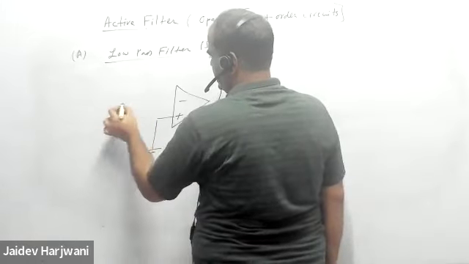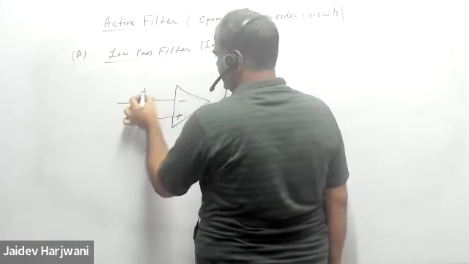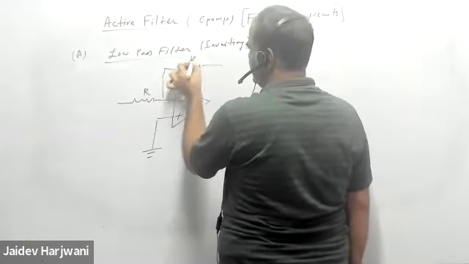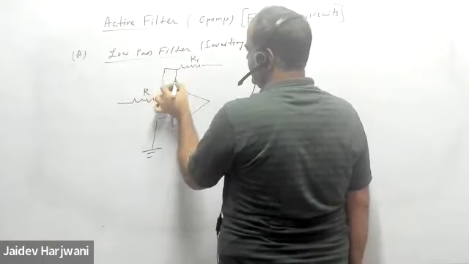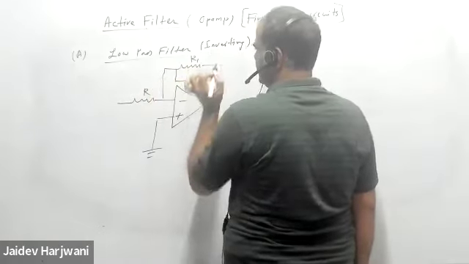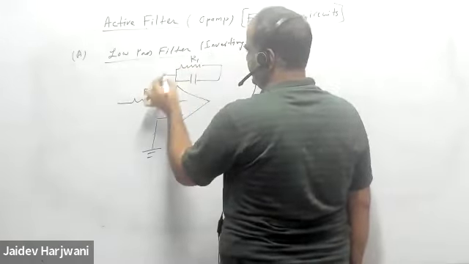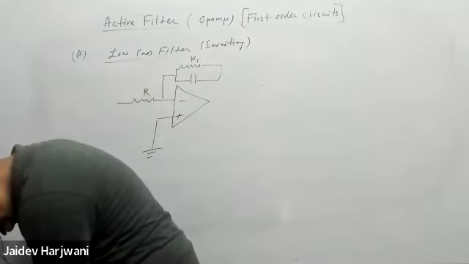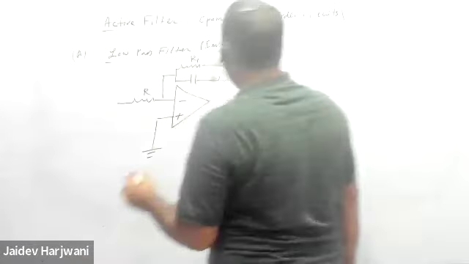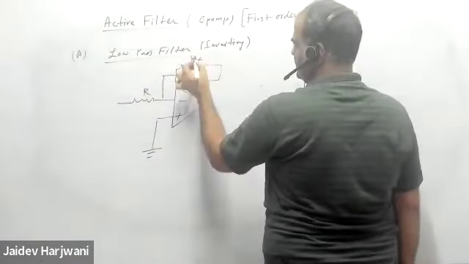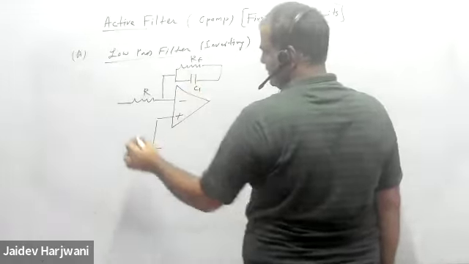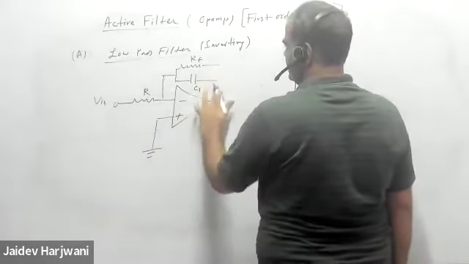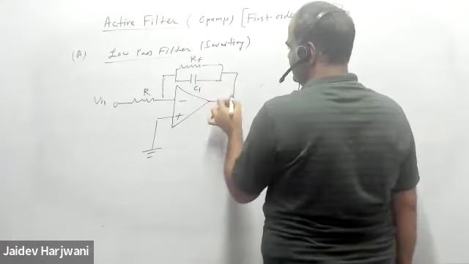And here say is R, and here this is R1, and here is a capacitor C. I'm taking a parallel combination of RF and C, RF and say C1 or C, whatever. Here you're applying V input, and here say I'm taking